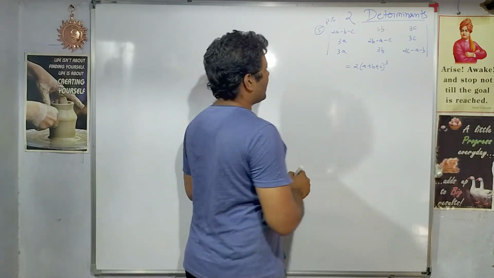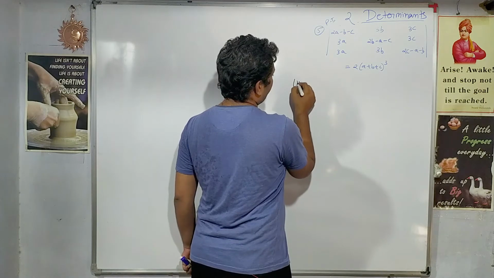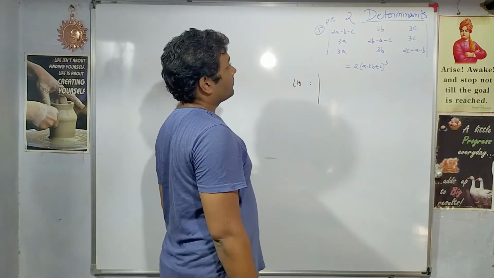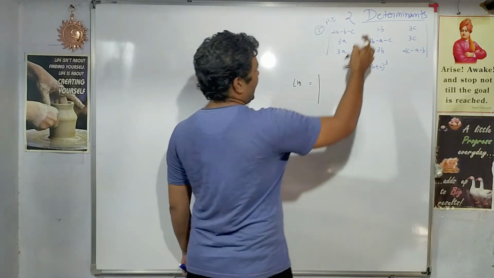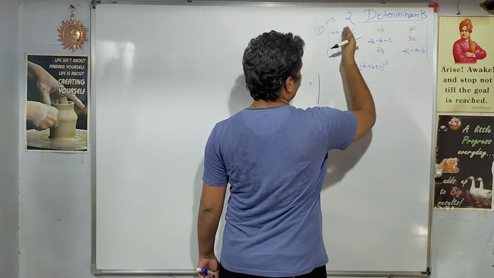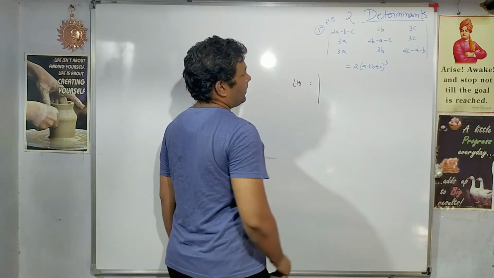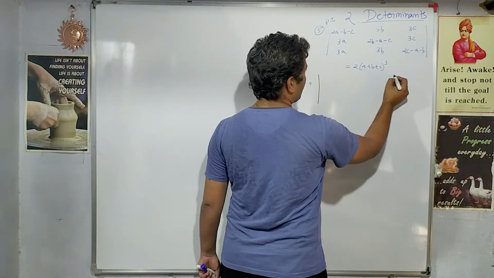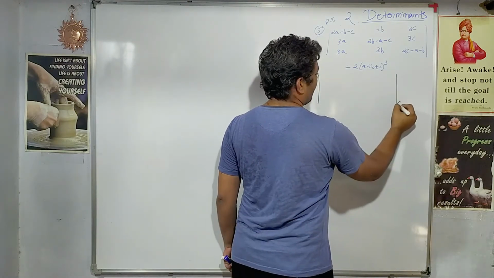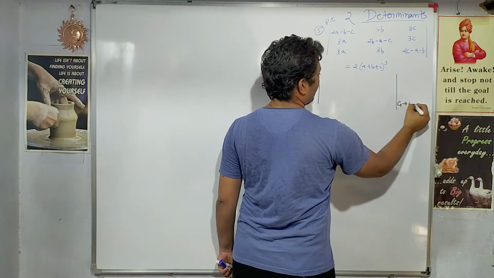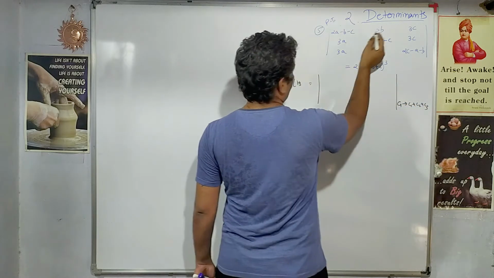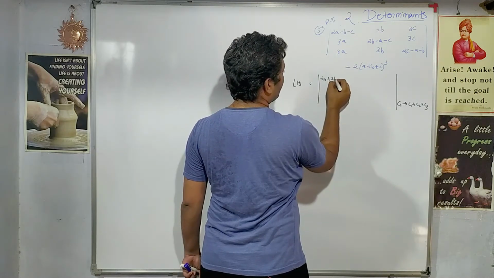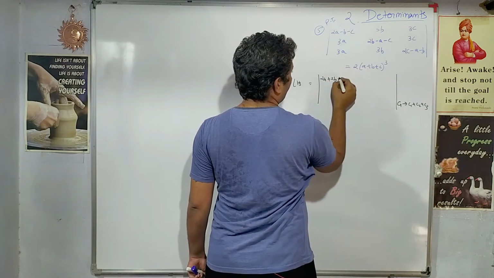So again I will start with the left hand side, right? So what operation should I carry out? So if I add all the columns into the first column, right, will it give me some fruitful result? Yes, I can see that it will give me some fruitful result. So let me do that. Operation in the first column, that is c1 plus c2 plus c3. So if I add this here, it will be 3b. If I add, it will become 2b, and this one if I add here, it will become 3c.